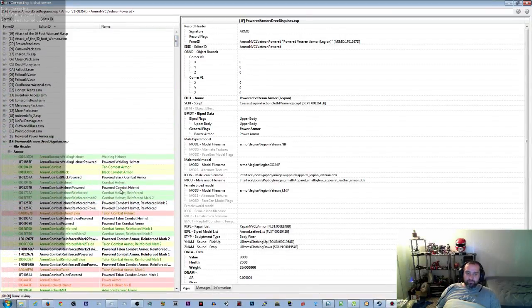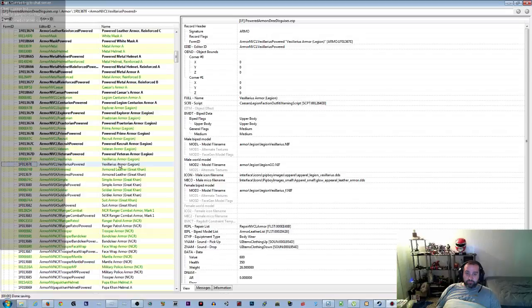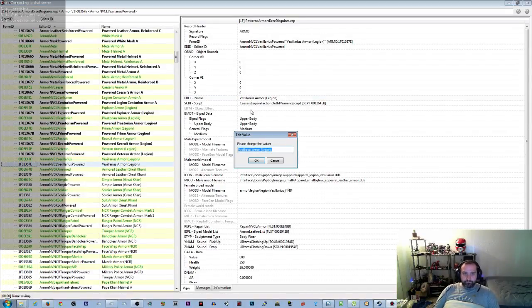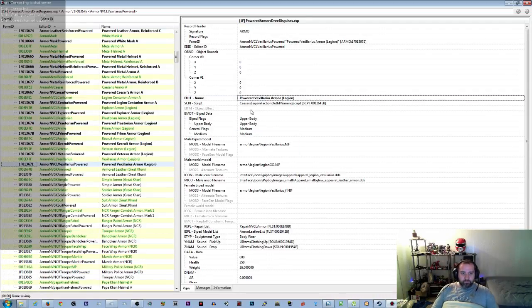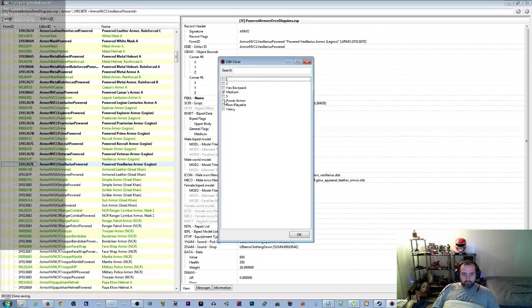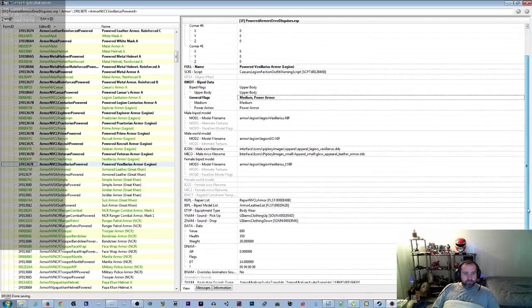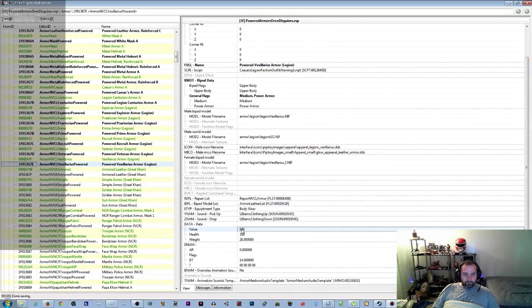It's literally a process of, after I've already copied them all, now it's a matter of going in, take for example the Vexillarius armor, go to full name, edit, powered Vexillarius armor, go to general flags, edit, add the power armor flag, go down to value. Or you can hit edit or you can double click, add an extra 0,